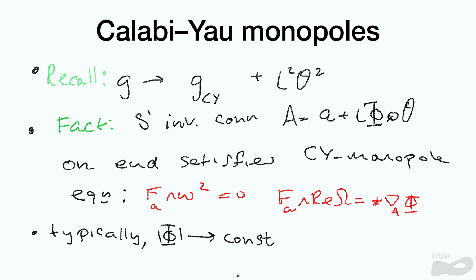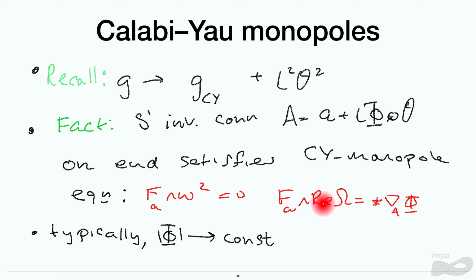So I can write a general S1-invariant connection, sorry, I should say instanton, on the end, as a connection on the Calabi-Yau cone plus a Lie algebra valued connection on the S1 fiber. So I can write that as some section of the adjoint bundle phi tensor with this S1 connection form. And then I'm going to stick a factor of L here just so that everything is unit norm. So it's a fact that if I write down the G2 instanton equations for this on this end, I